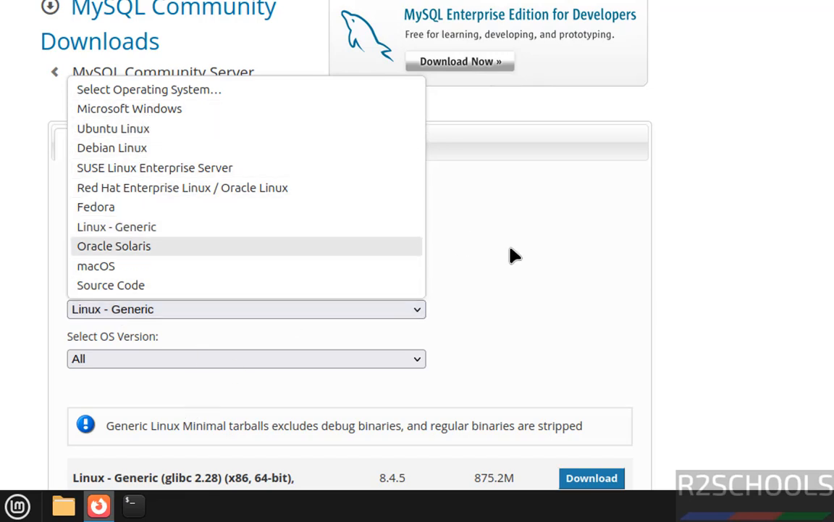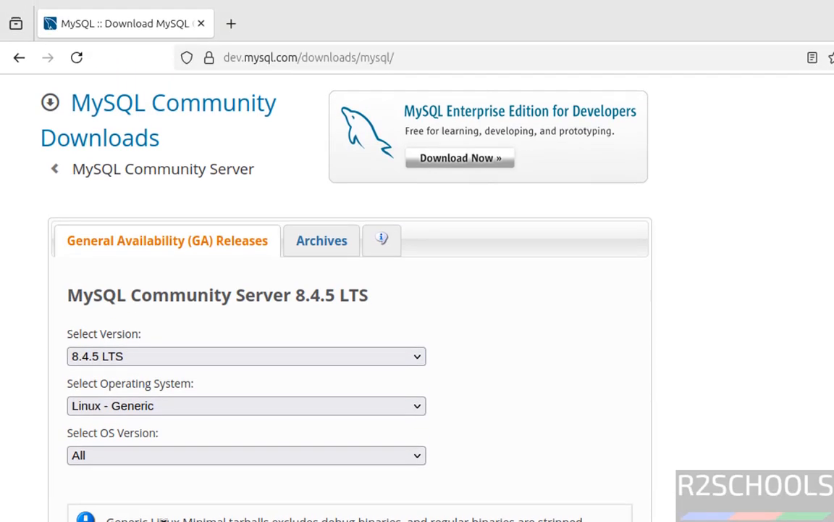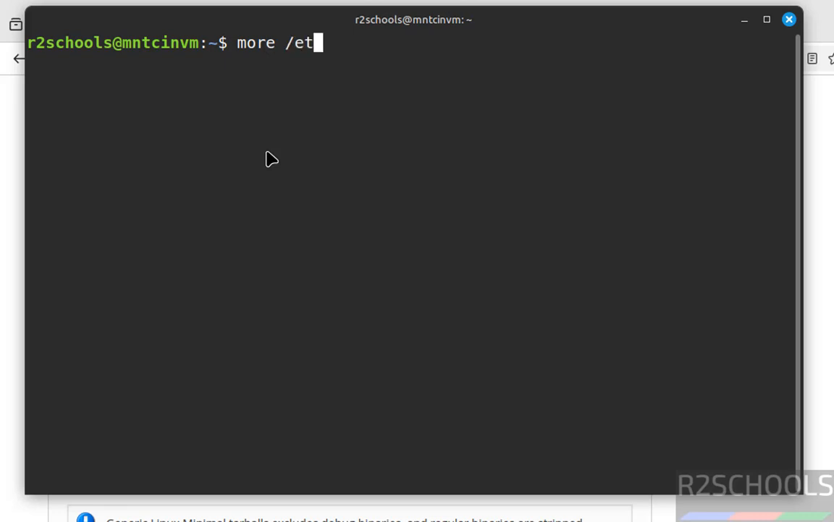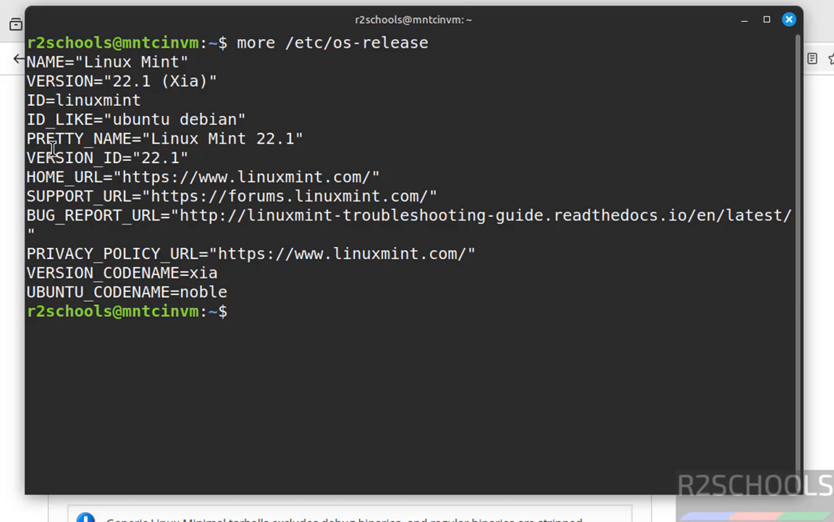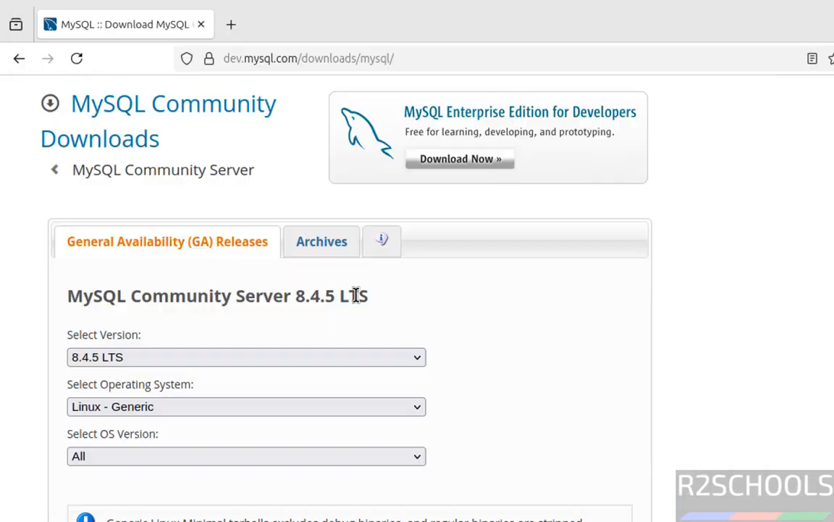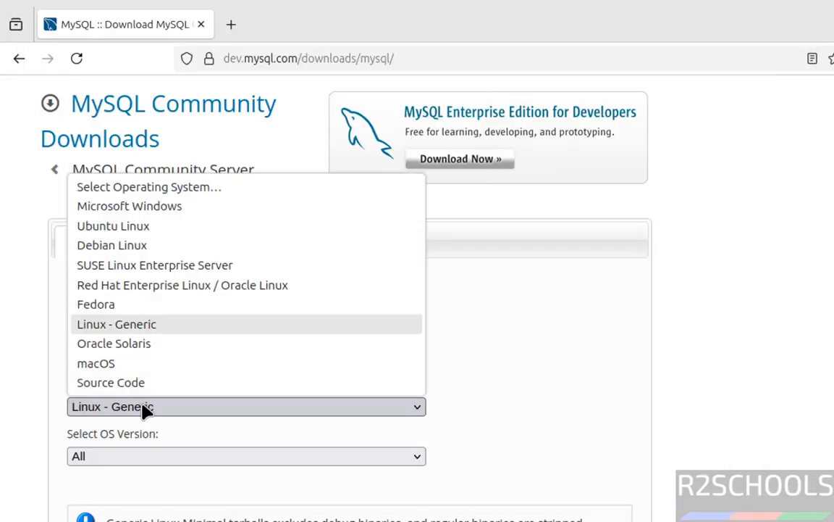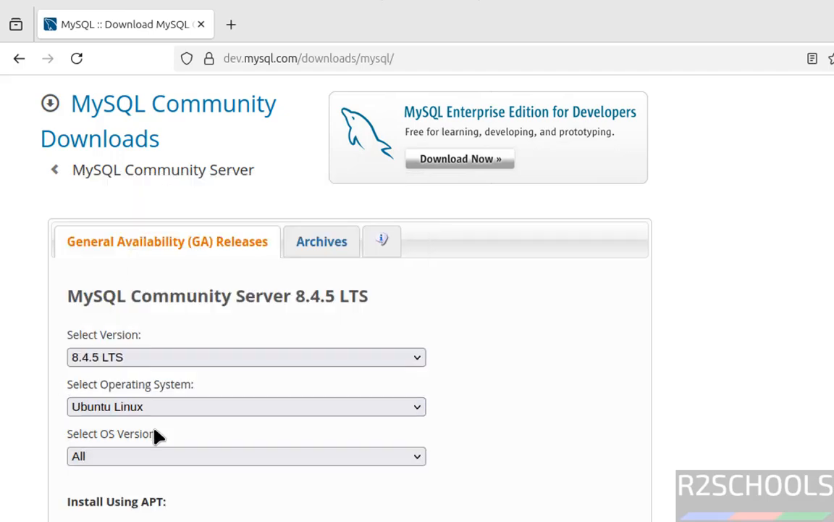See here we don't have Linux Mint, but open terminal and run cat /etc/os-release. See, its ID is Ubuntu, Debian, and its Ubuntu code name is Noble. Noble means it is Ubuntu 24.04. Okay, so select the operating system Ubuntu, then version